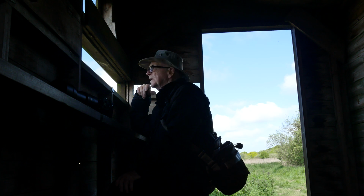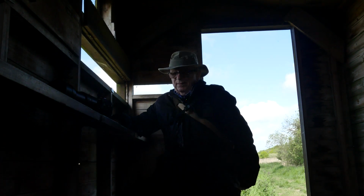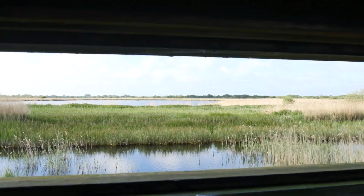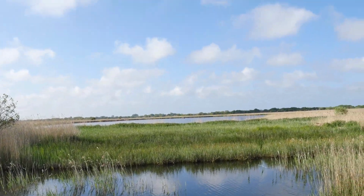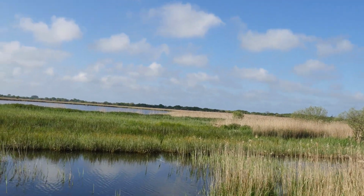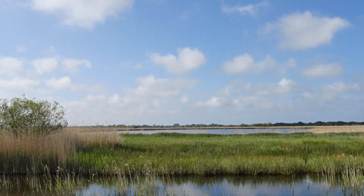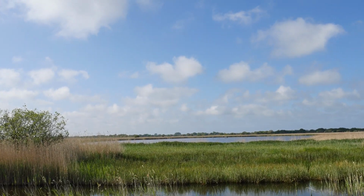Yeah, just gulls at the moment. So we have one more look across the marsh here before we decide to leave. There's probably a lot more going on over the other side into the main part of the reserve, but we'll probably go off to another reserve now and see what we can find,